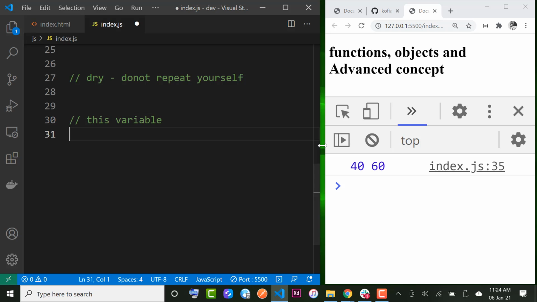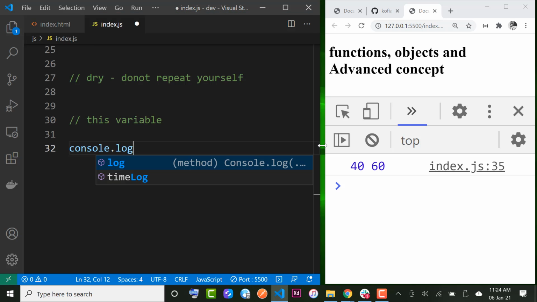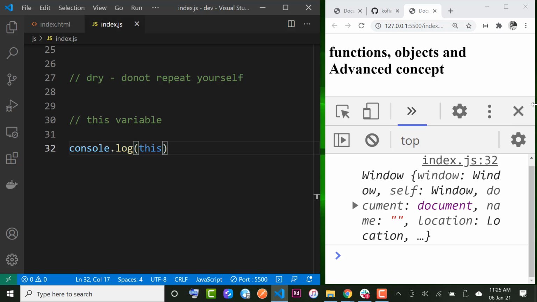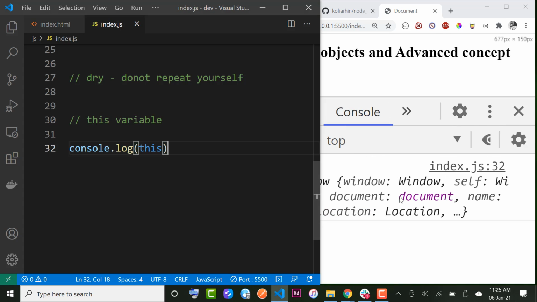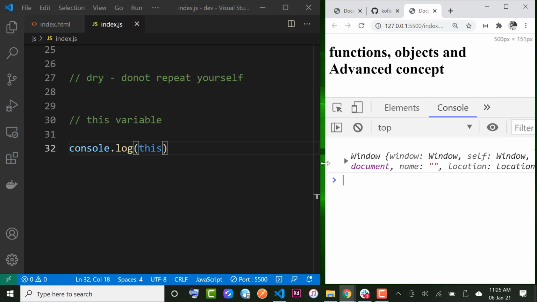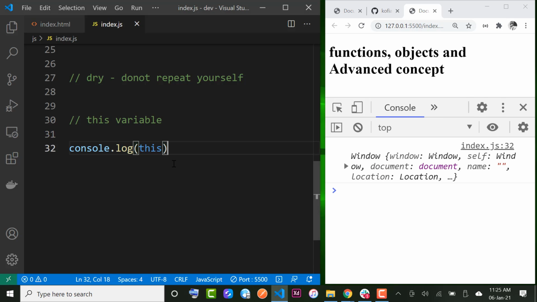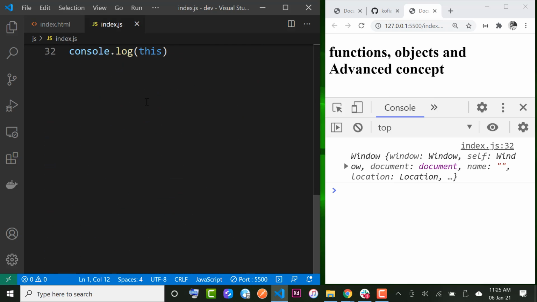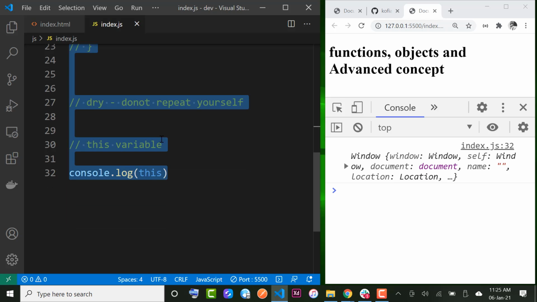Alright. If we write console.log of this, you see that we have what? Window. Alright. What happens is that when you write your JavaScript code, it scans your code from top to bottom, and then first,